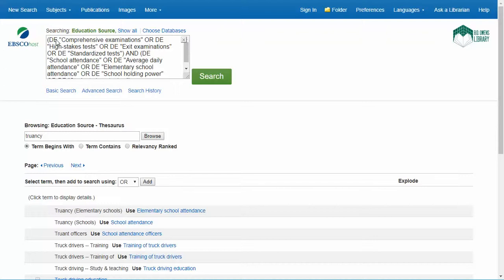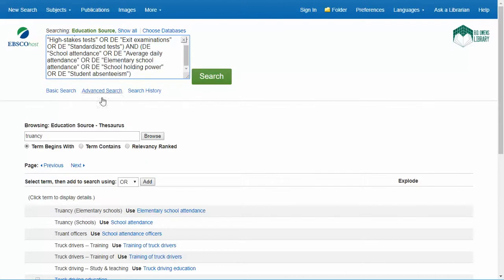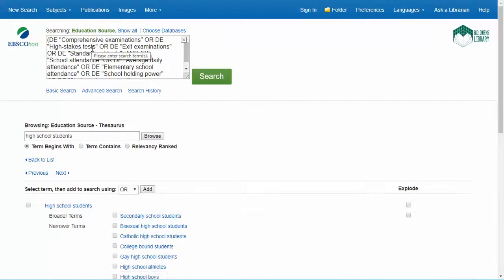And now I have my first list of synonyms here and my second list of synonyms. I could add a whole other concept, like maybe I want this to only deal with the high school audience. However, remember that the more concepts you add to your search, the less results you're going to get. So whenever you're ready, you can click on Search,